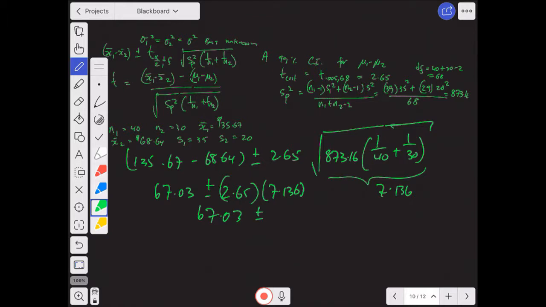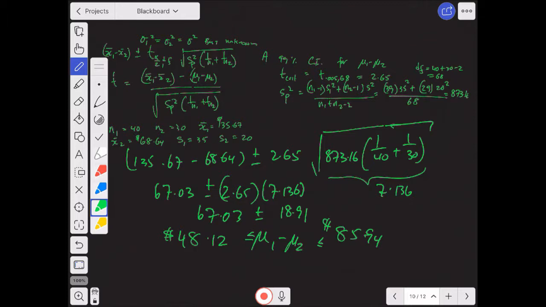67.03 plus or minus, and our margin of error in this case would be, let's make sure I get it right, 18.91. Okay, 18.91, which means that the confidence interval for the difference between mu1 and mu2, when we add and subtract, we will get 48.12 to $85.94. So we are 99% confident that the difference between the mean expenditures for men and women is somewhere between $48.12 and